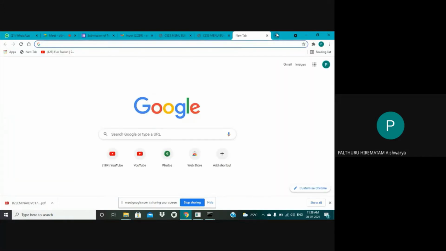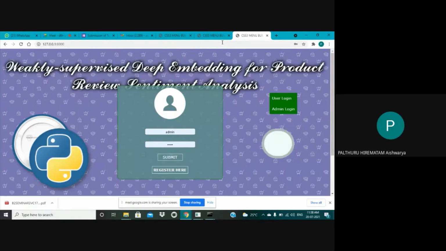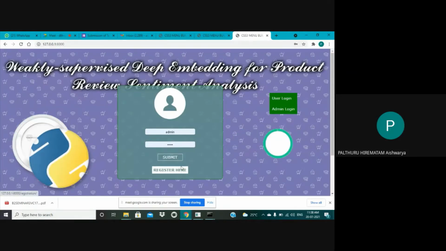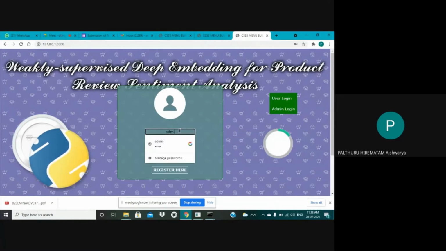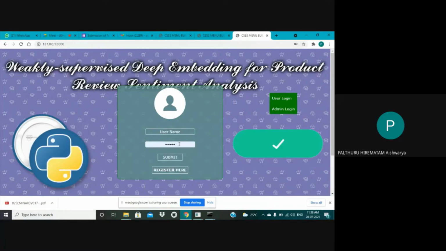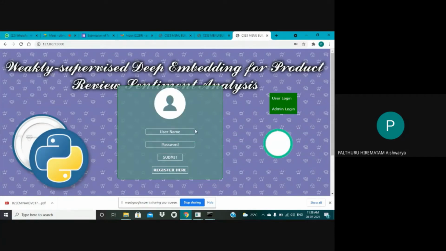I'm going to open one more page for my reference. Here we can see user credentials like username and password. If he is an existing user, he can use the credentials of username and password.